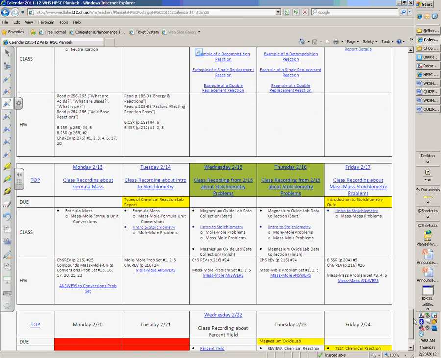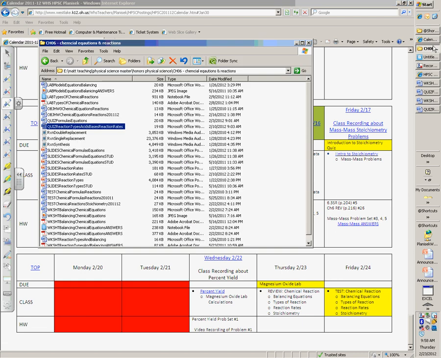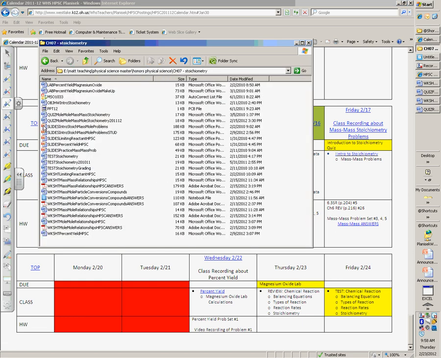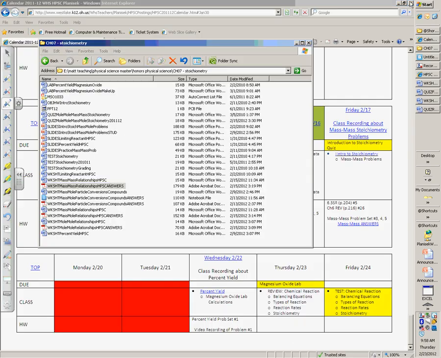Then, starting on Monday, February 13th, is when we started into the stoichiometry ideas. We started off talking about formula mass. And we did this problem set mostly together in class. Not that one. Sorry. We did